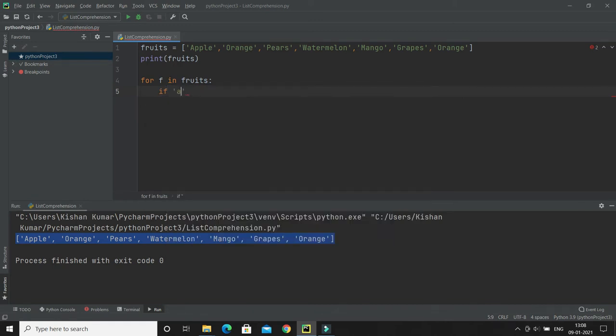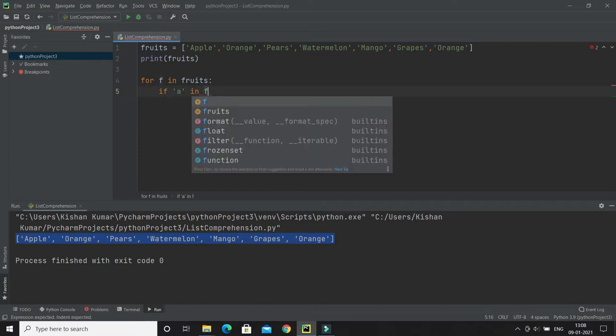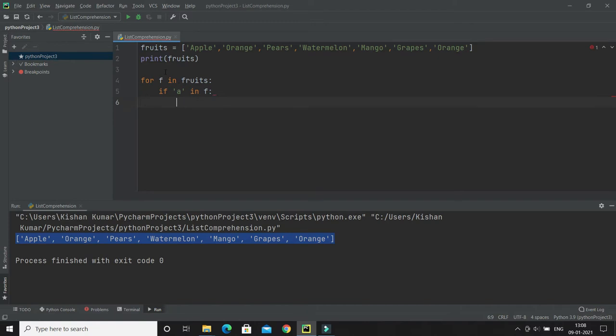Here I'm looking in all fruit names whether the letter A exists or not. If that is the case, then I will create a new list, let's say fruit1 equals an empty list.